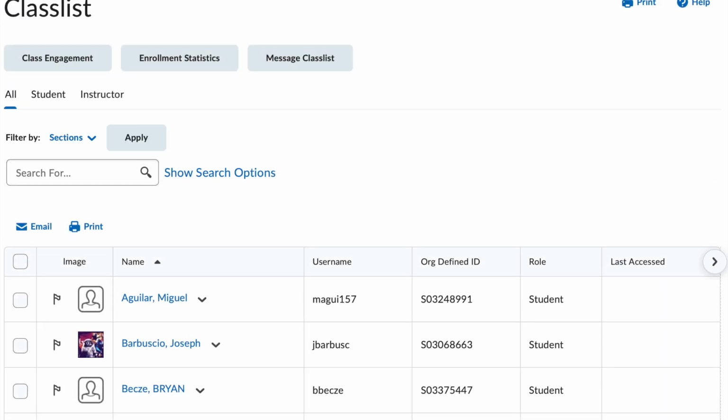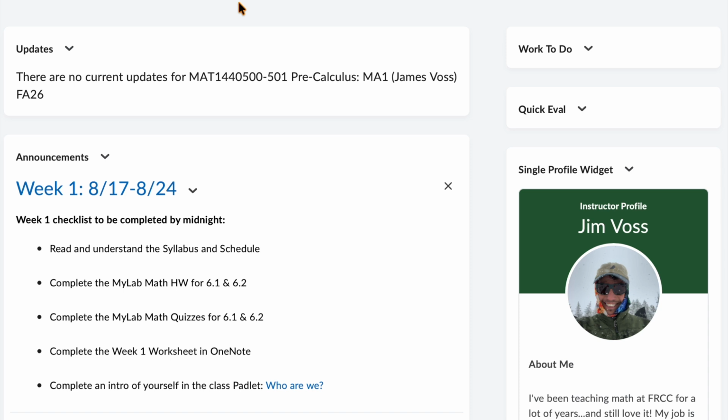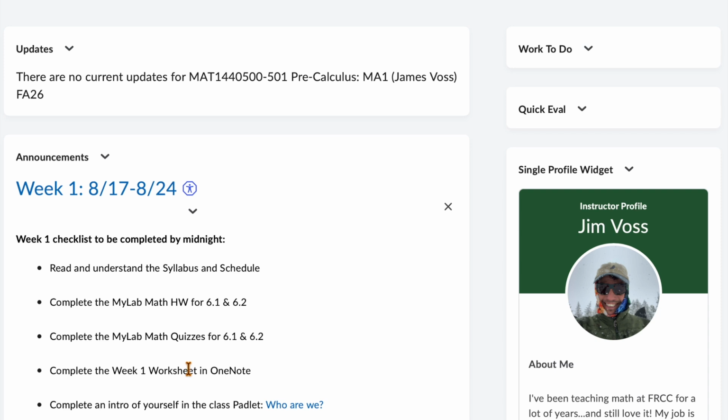So fiddle through D2L, go through all the tabs, look around, familiarize yourself with what our weekly schedule is going to be. Homework, quizzes, and worksheet every week. Everything's due on Monday night by midnight. And let me know